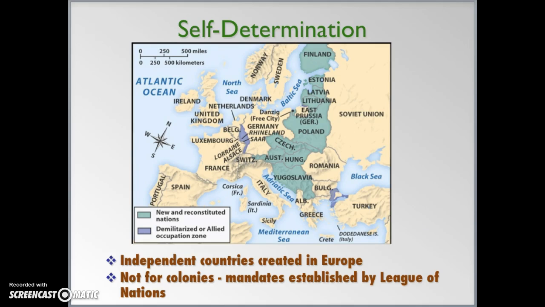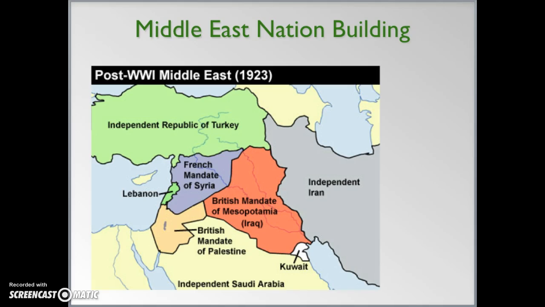So we get self-determination for these countries right here. You get new countries created that are buffer between Germany and the Soviet Union. In the Mideast, when we break up the Ottoman Empire, you don't get countries except for Turkey. Turkey's created as a small country out of the Ottoman Empire, but you get a bunch of mandates. Syria, Palestine, and Iraq. Gee whiz.